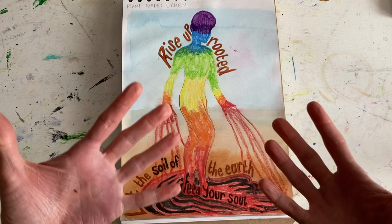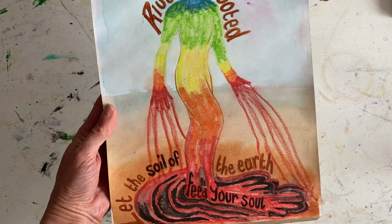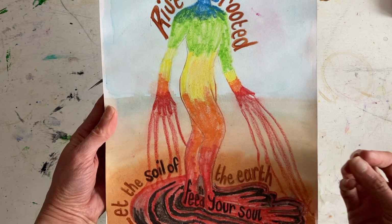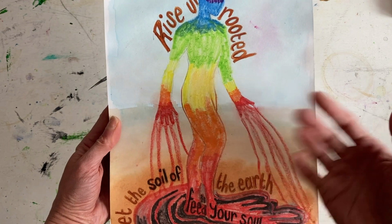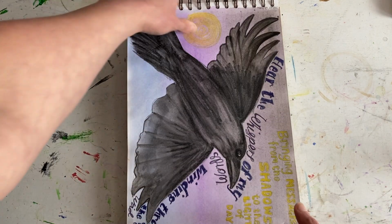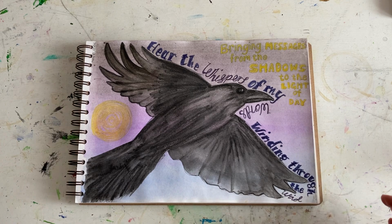And I'm probably not explaining the running thread between these very well, but yeah, all about feeding your soul, connecting with nature, feeling grounded, and then you can come from a place of confidence to put yourself out there. Really fascinating process. I have started on my May pages, and just while we pause on this page, just a note